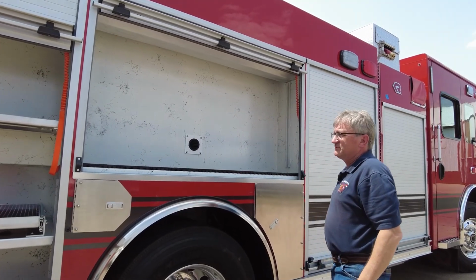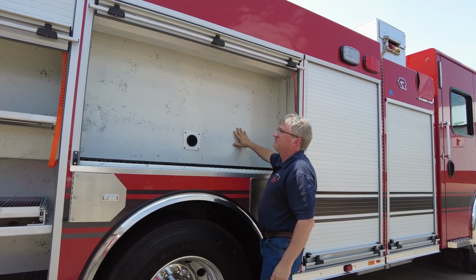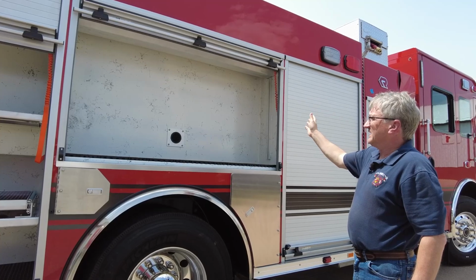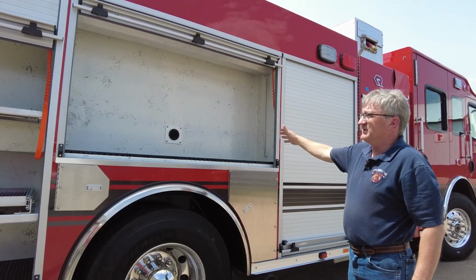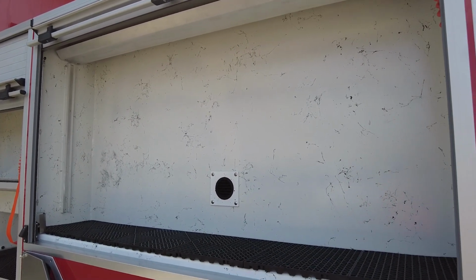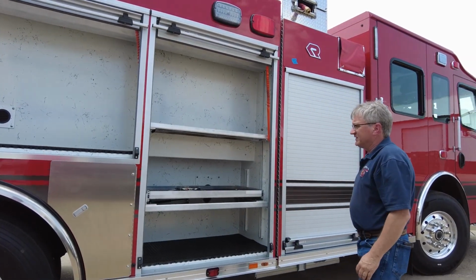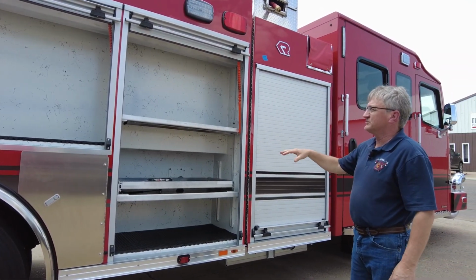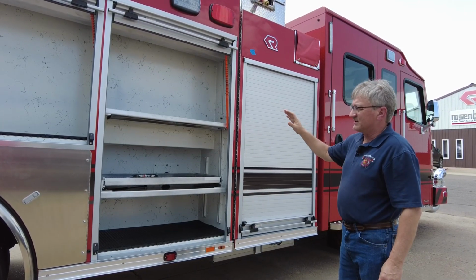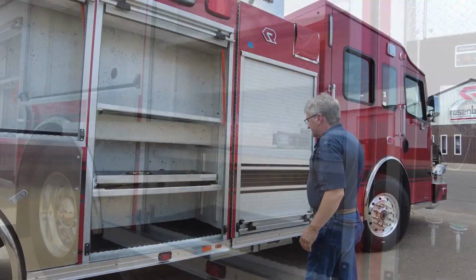Another tool bin we have here. We don't have the swing out board in this one. This one isn't quite as deep, so we'll have at least a couple extinguishers in here. We'll have some other items, things like that. This may even end up being our power tool compartment with everything mounted up and all the battery chargers and everything in it. Another compartment here. We may have a lot of floor dry, extrication equipment, specialty tools. If it's a rescue setup, we may have it set up with some rescue jacks, airbags, things like that in here. This last compartment